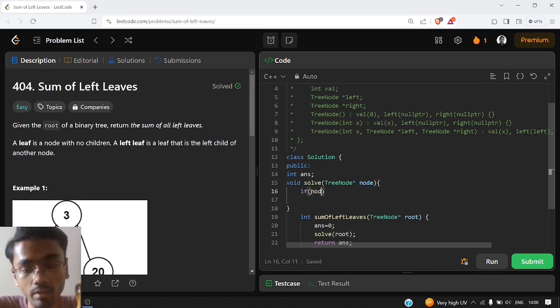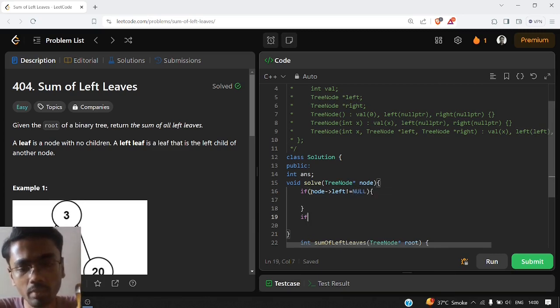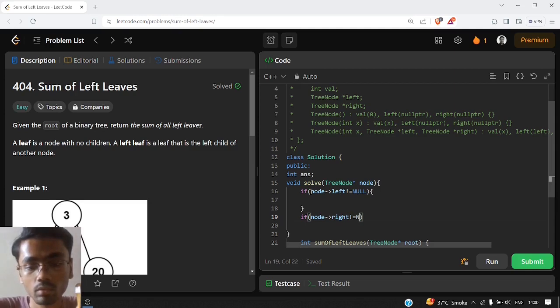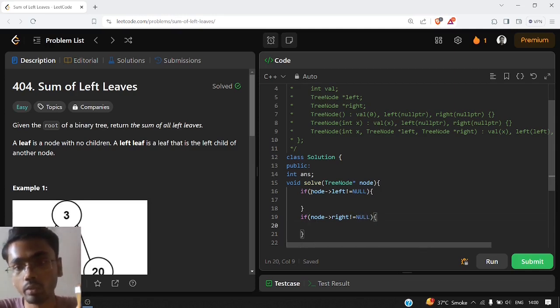If our node's left is not null, then we need to traverse through it. In a similar way, if we have a right child present, we need to traverse through it. How will we go there? We will just pass that node's left as our current node. Same way for the right part.